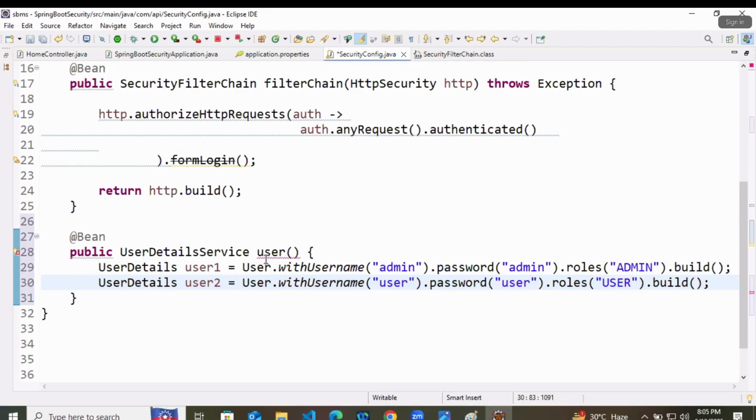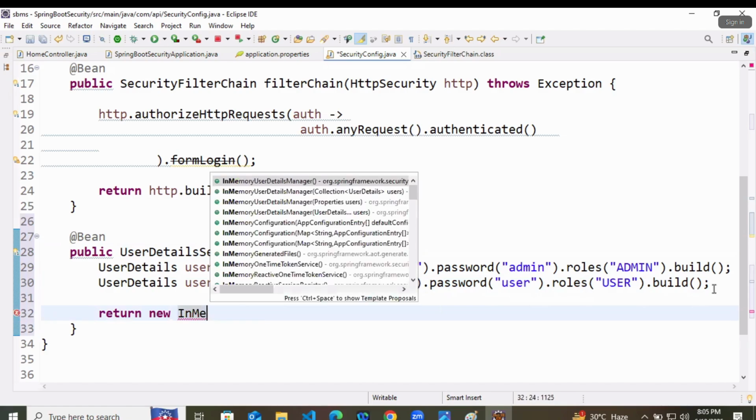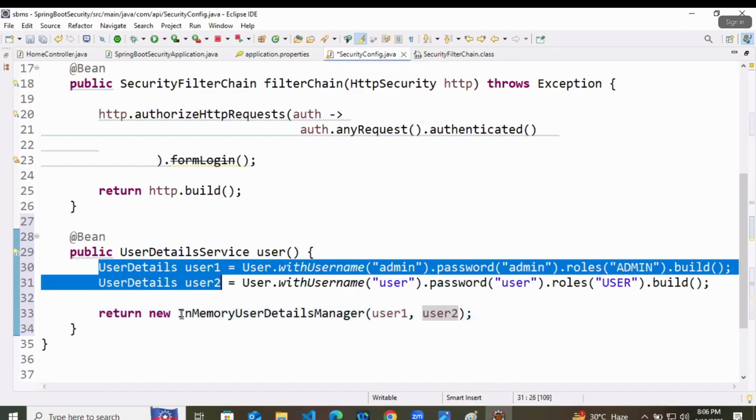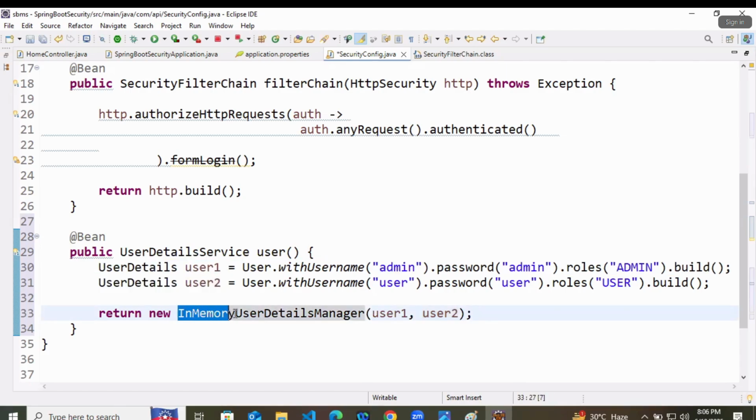Now we have to return a UserDetailsService from this particular method. So let's return a new InMemoryUserDetailsManager. And inside this, I will provide both user1 and user2.